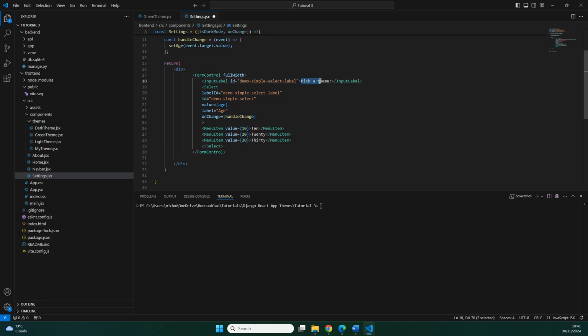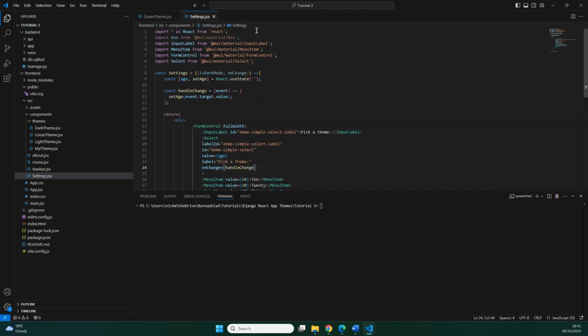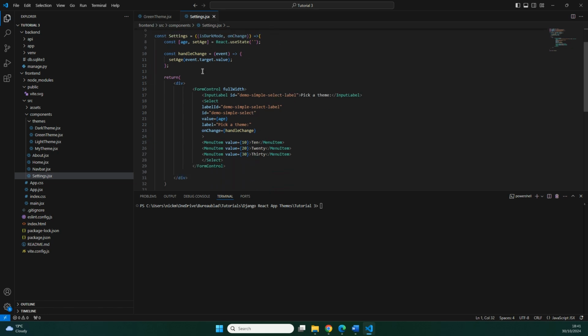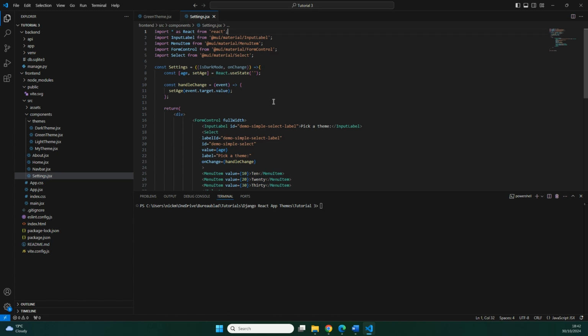And then we might also want to copy this over and also have it as the label right here. And let's save this. And also we can get rid of the import of the box. So now that we have this new select field on our settings file, let's start the server and see what